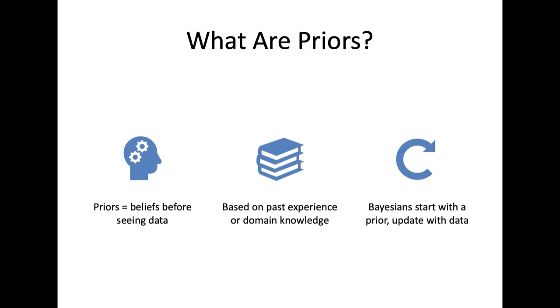Okay, now let's talk about priors. One of the most important and sometimes even controversial parts of Bayesian statistics. Now, a prior is your belief or assumption about something before actually seeing the current data. This belief can come from past experience or expert knowledge or even historical data that you looked up or that you learned. And these all play a role in Bayesian analyses because it starts with this prior and then updates the prior using new evidence, and this results in your posterior belief.